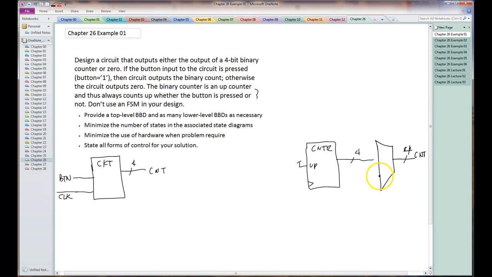Now this is outputting the count or 0, so we can ground this. This is still 4-bit. The thing that's controlling the mux is the button. The clock comes from the outside, and so we're almost done with this circuit. We need to declare numbers on this mux. This is a 2-to-1 mux. Essentially, if the button's pressed, it outputs the count, so this is going to be a 1